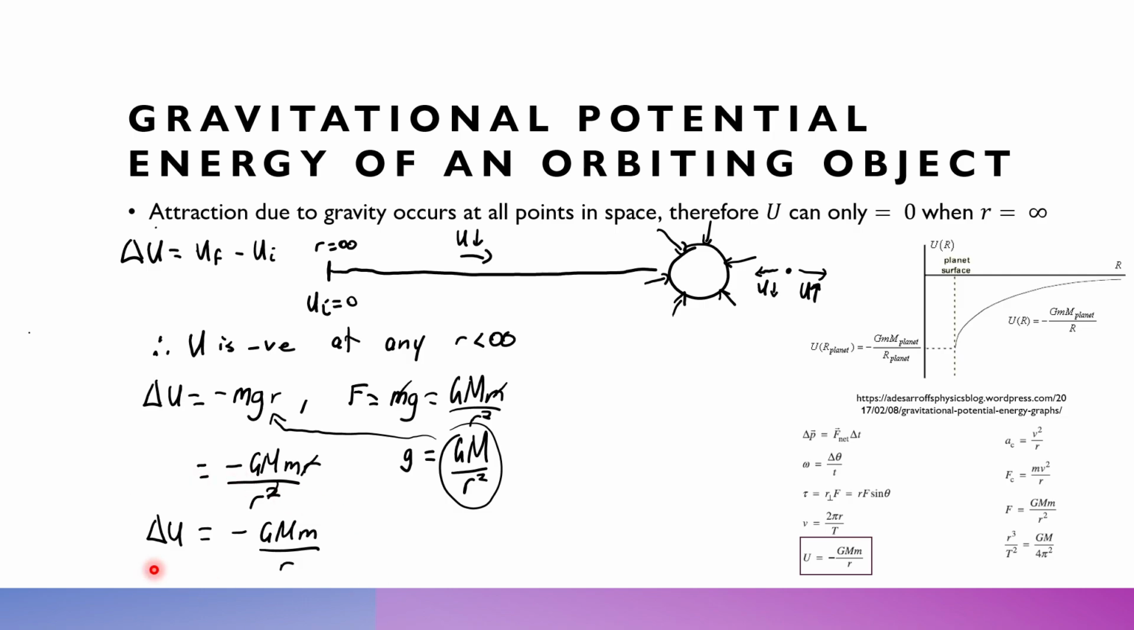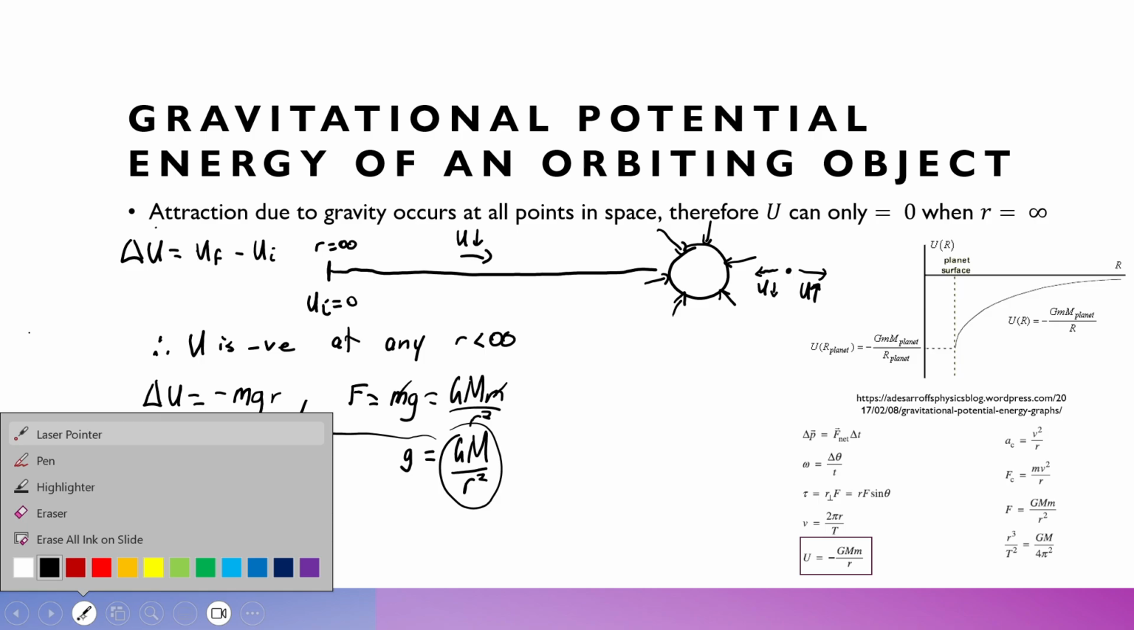Now, you might notice that this formula for delta U is the same as the formula in the datasheet for U, the actual value of gravitational potential energy. This is a little bit, I guess, convenient that both of these values are equal to each other, but it is really important to show how and why the value of gravitational potential energy yields the same expression on the